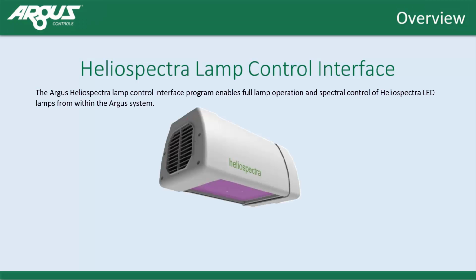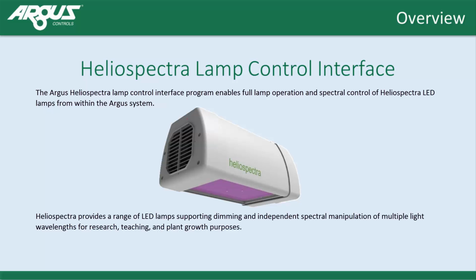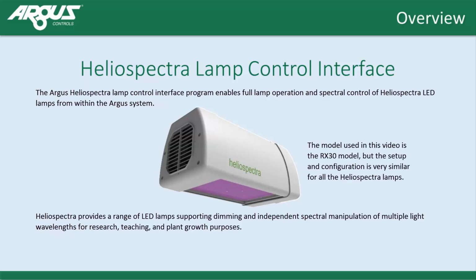The Argus Heliospectra lamp control interface program enables full lamp operation and spectral control of Heliospectra LED lamps from within the Argus system. Heliospectra provides a range of LED lamps supporting dimming and independent spectral manipulation of multiple light wavelengths for research, teaching, and plant growth purposes. The model used in this video is the RX30 model, but the setup and configuration is very similar for all